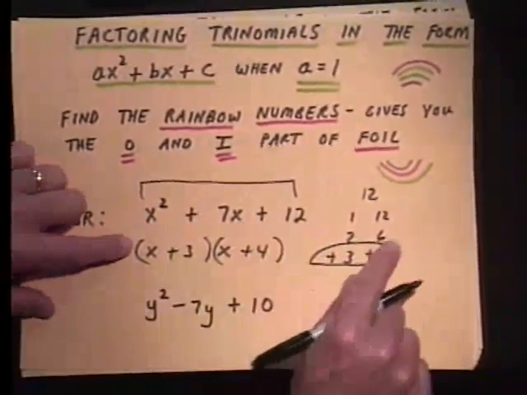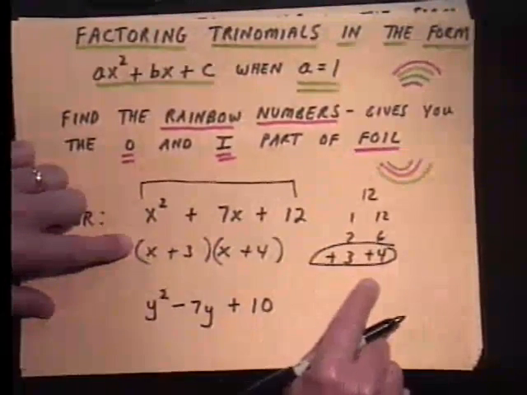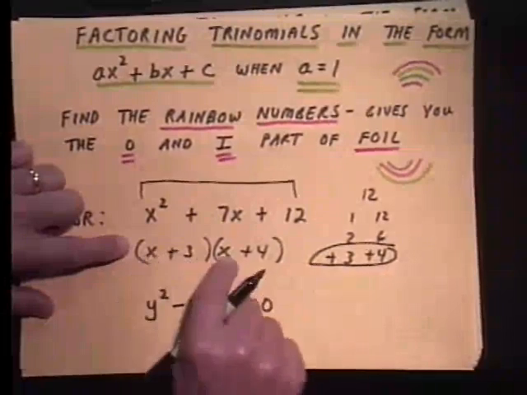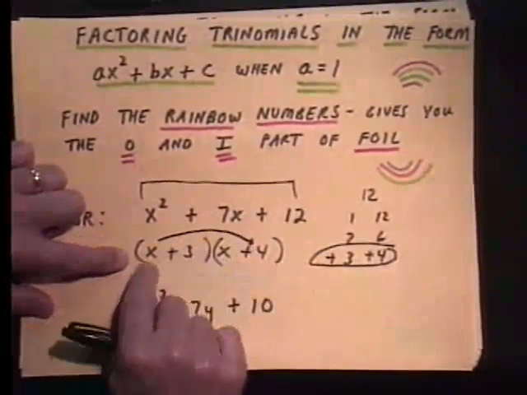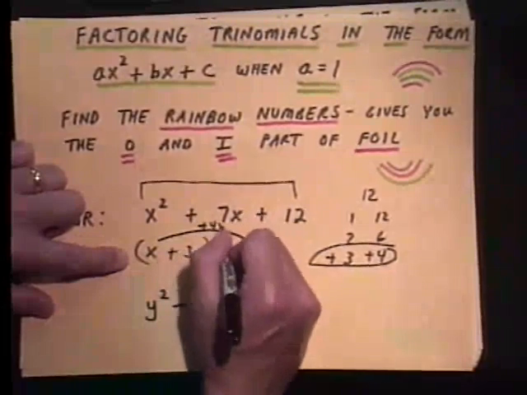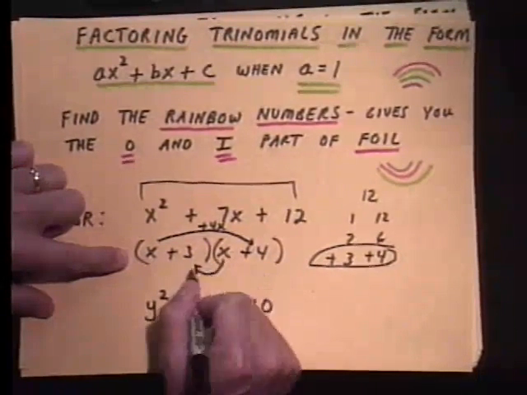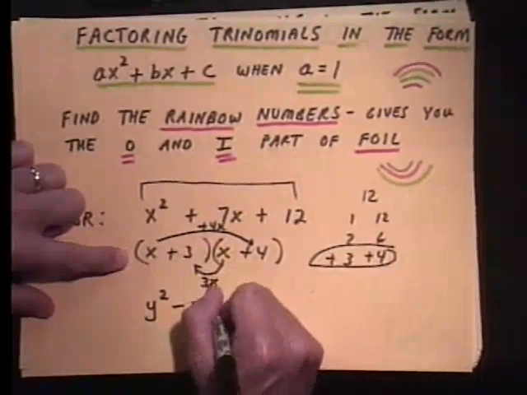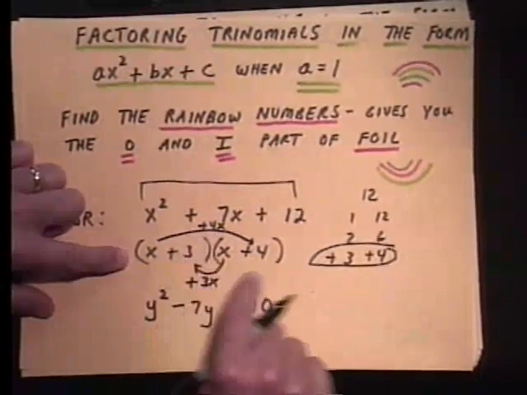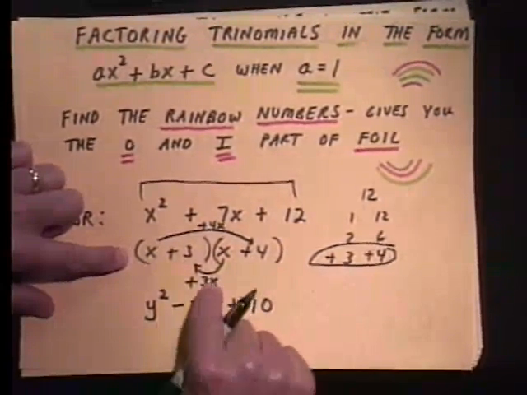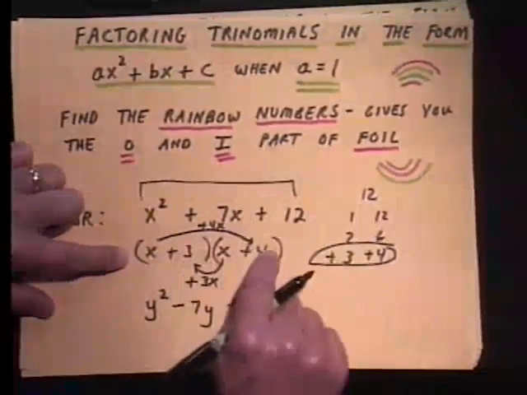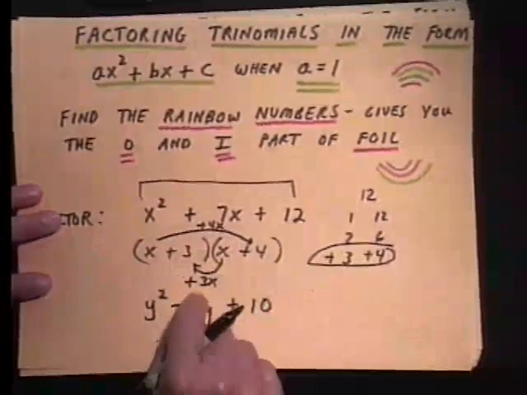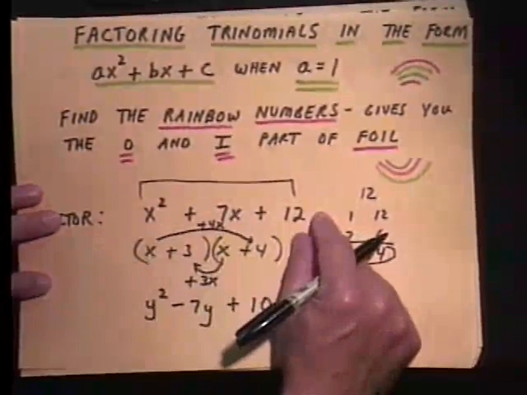Now let me show you why I like to call these rainbow numbers. I've got these colorful rainbows. When you do FOIL, x times x gives you x squared. The outside two terms, the 4 and the x, gives you plus 4x. The inside two, the smiley face here, gives you plus 3x. And you see those numbers correlate to here. Thusly named rainbow numbers. All right, and the 3 times 4 gives you the 12. So when you factor trinomials, you can hum a few bars of